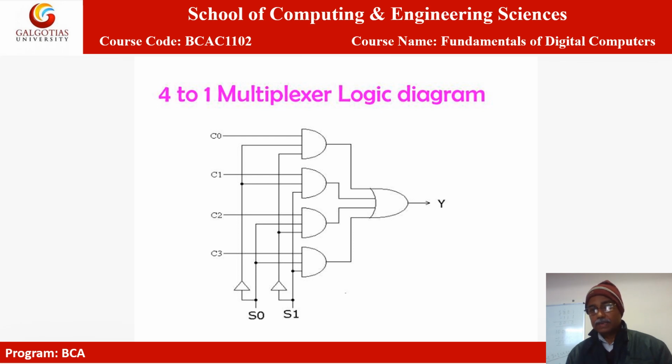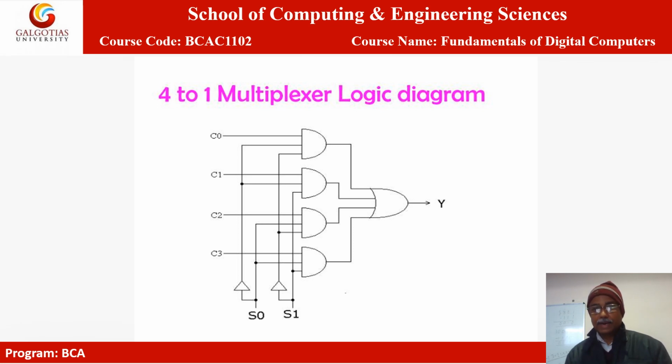Now what about the others? In the other AND gates, what will be the value? S0 and S1 are 0, 0. So let's find in the second AND gate, one of the inputs is C1, that has value 1. Another input from S0 is inverted to 1, so that value is 1. What is the third? S1 is directly entering the second AND gate, and S1 has value 0, so one of the inputs is 0, so it will return 0. The second AND gate will return 0.